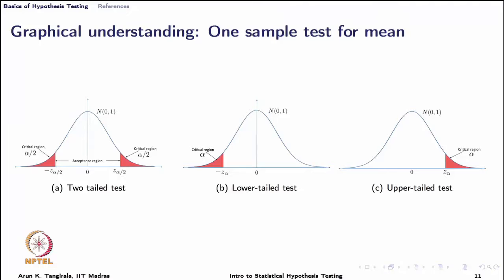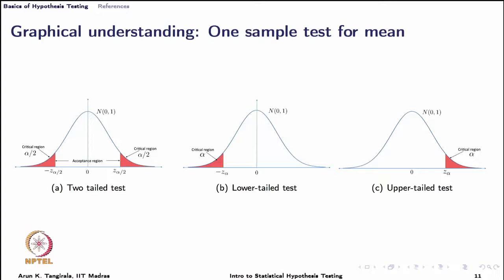And to further reinforce what we have just discussed, we go through a graphical understanding. Again, a caution: the curves that you are seeing are for the sampling distribution of a test statistic that follows a standard Gaussian, which could be the case of sample mean, or maybe sample proportion, and so on. So, the attention should not be paid so much to the shape of the curve as much as it should be paid to the critical region.